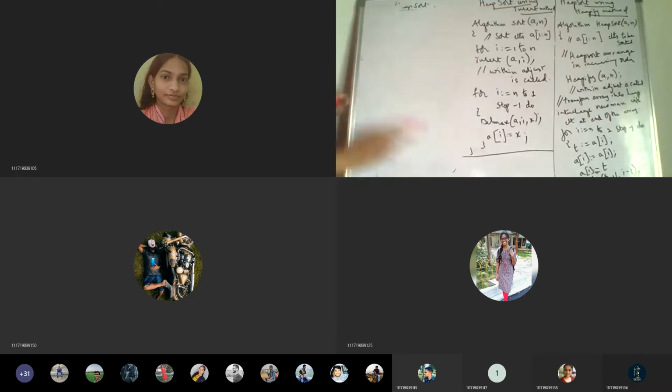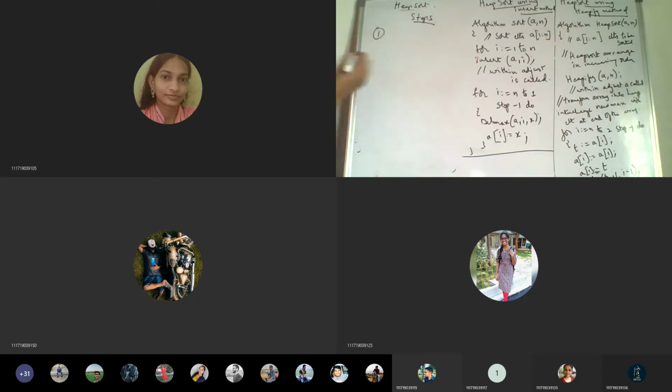I'll tell you one example for heap sort, and then we'll see the algorithm. Again I repeat, heap sort can be done in steps. What is the first step?